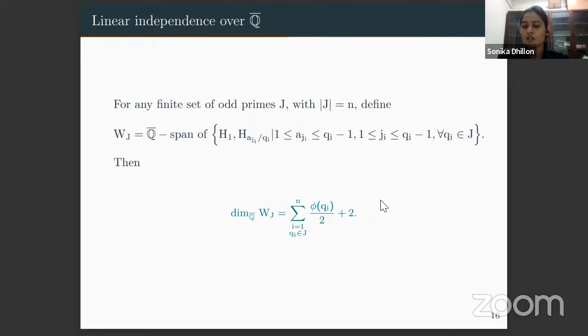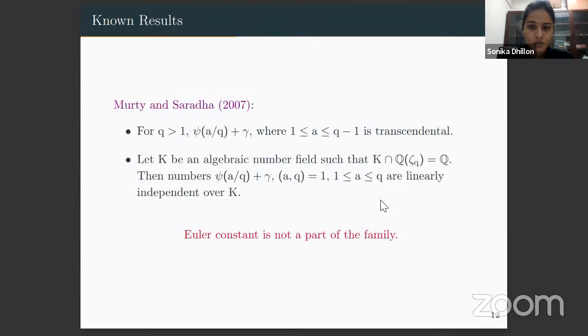Basically, if you consider n equal to 1, the dimension is φ(q)/2 plus 2. Initially, we have ψ(a/q) with GCD(a, q) equal to 1, so we have exactly φ(q) many elements. Now, as soon as you go to a bigger field, the field of algebraic numbers, the number reduces to half, plus 2. Why does this plus 2 come into the picture? That is because of the fact that, if you see in this